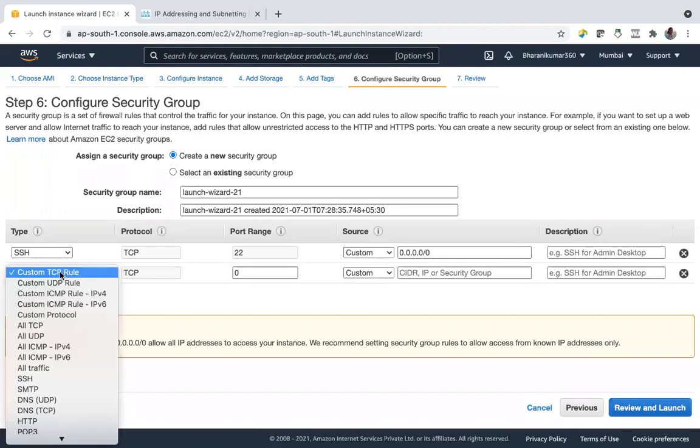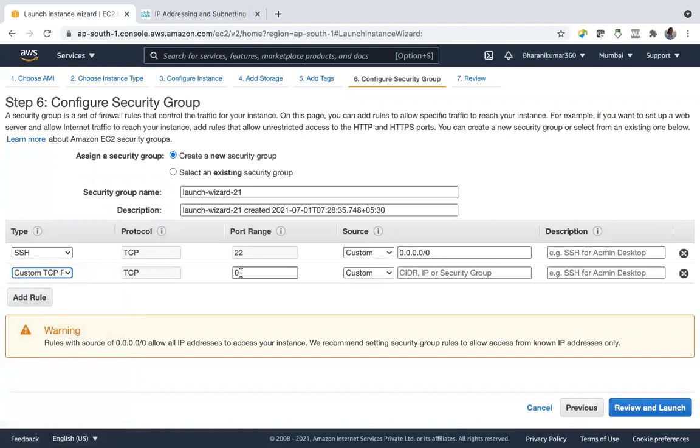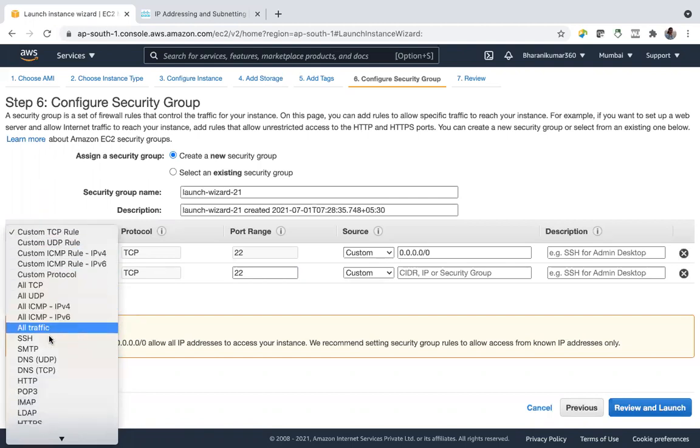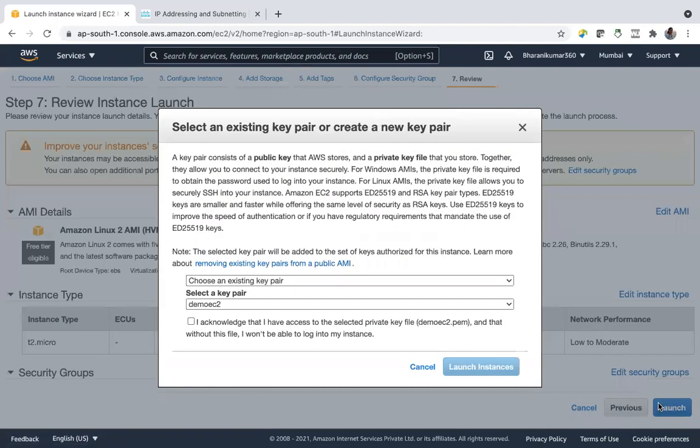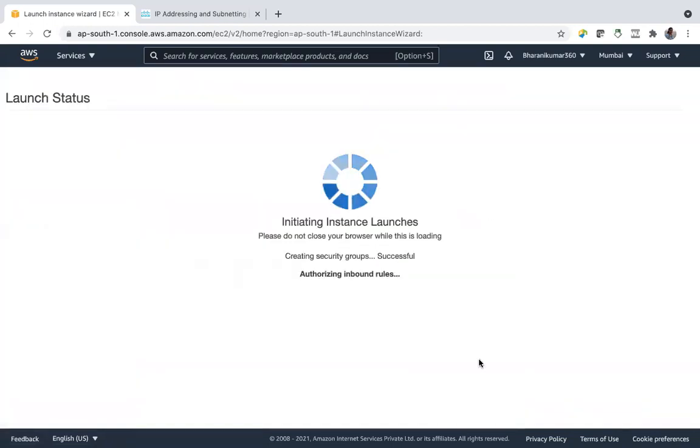And we know custom TCP rule is nothing but, when you say 22, it becomes the SSH rule, but we also have an HTTP rule. So let's say HTTP rule. Launch instance.